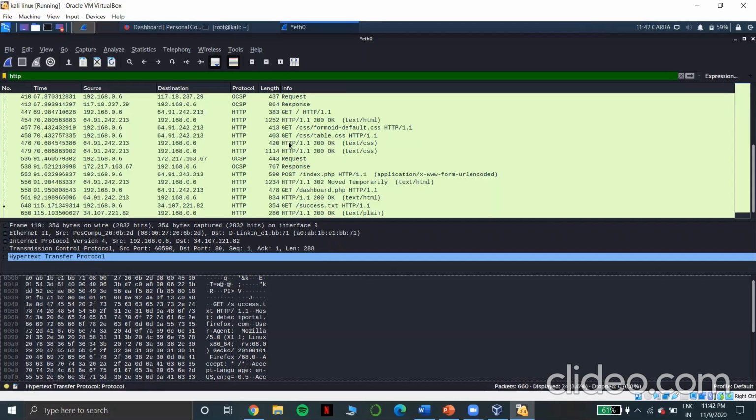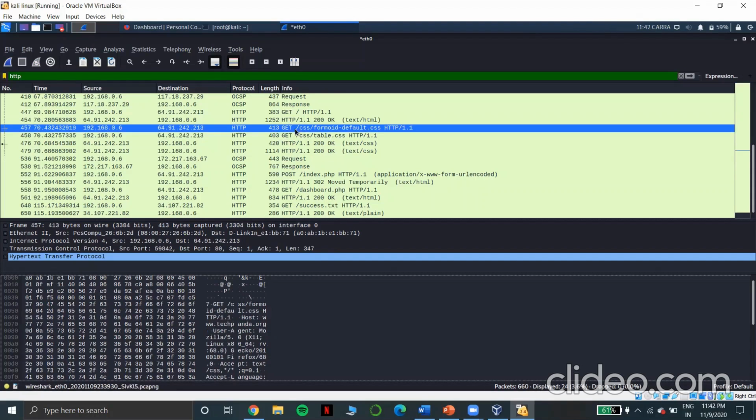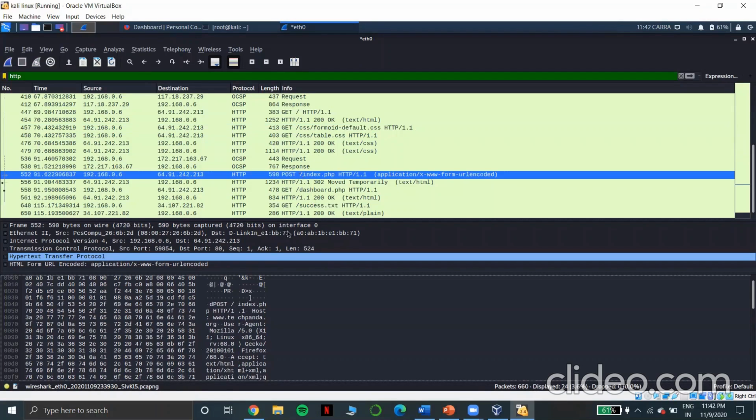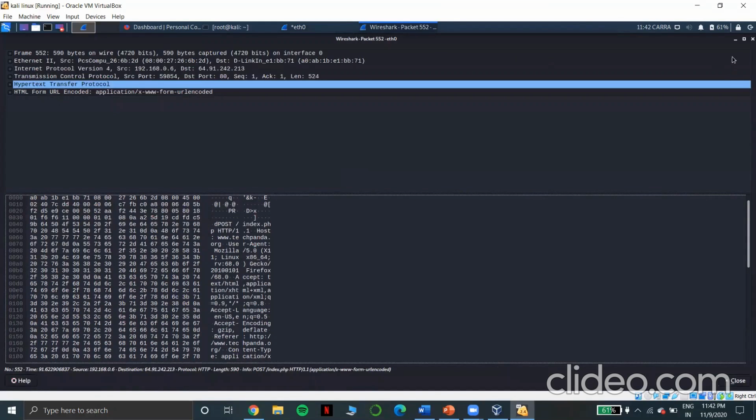For the GET packet, what happens over here is we are requesting the TechPanda server to send data to us, as we are the clients. And here we can find the POST, which means we are posting our credentials or our sensitive information to the TechPanda server. So when we select this, okay,